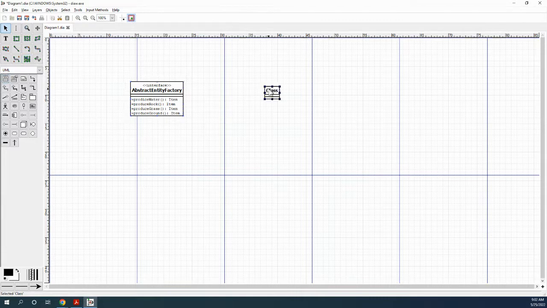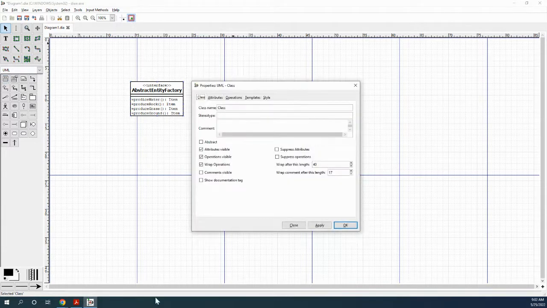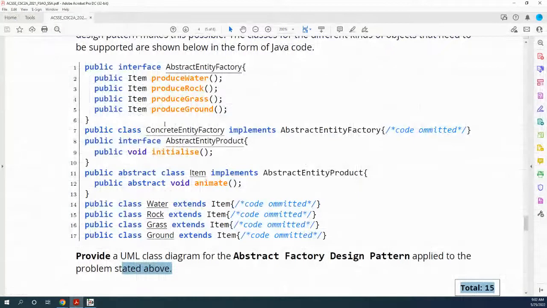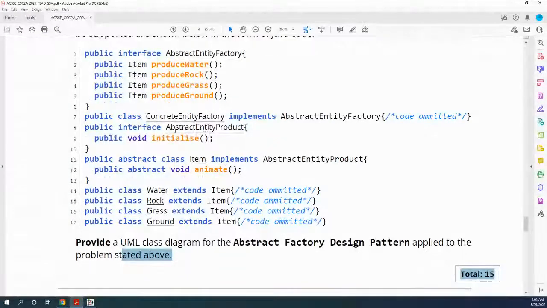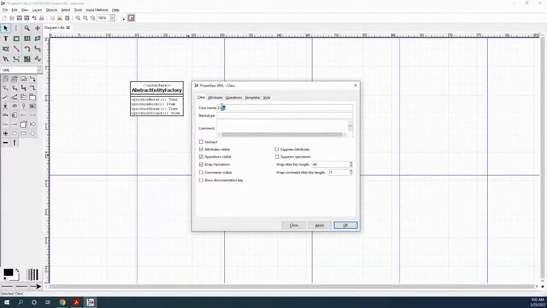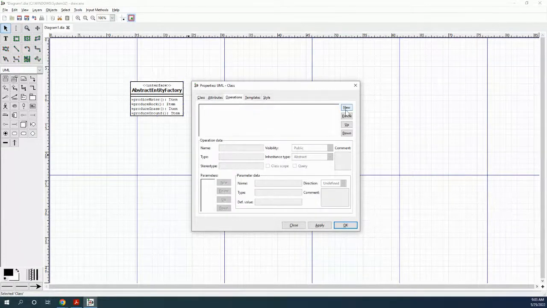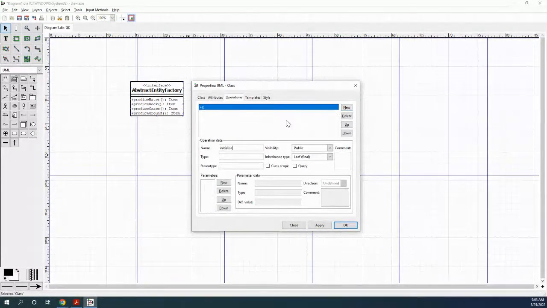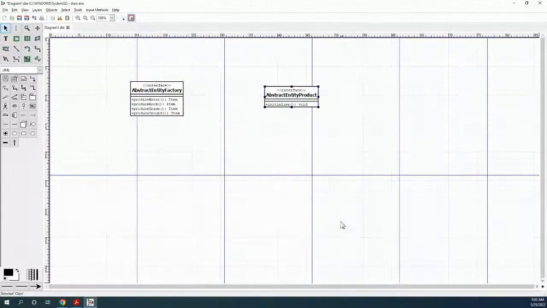And then let's create the product. So that would be the abstract entity product. So every abstract product initializes. That's an interface. Operation, initialize. Okay, and then we have